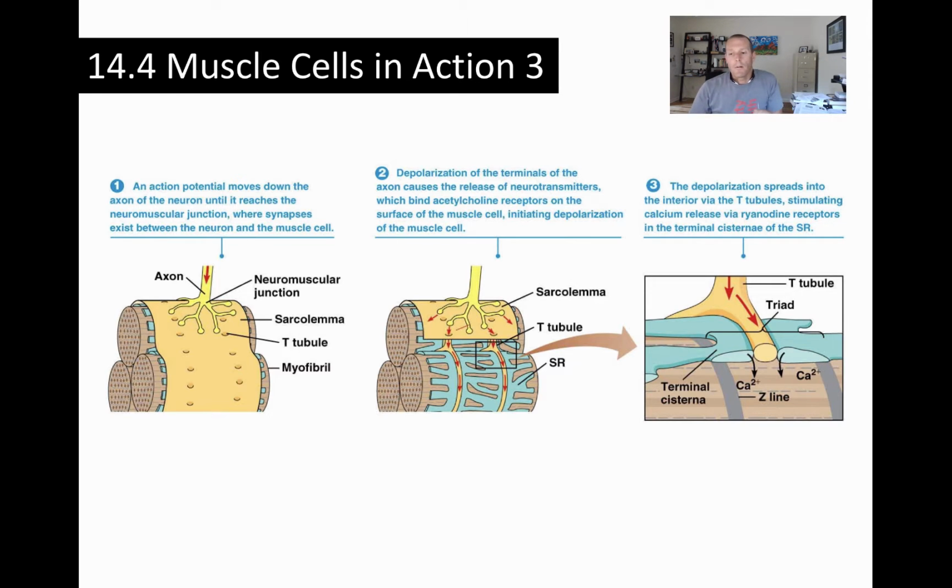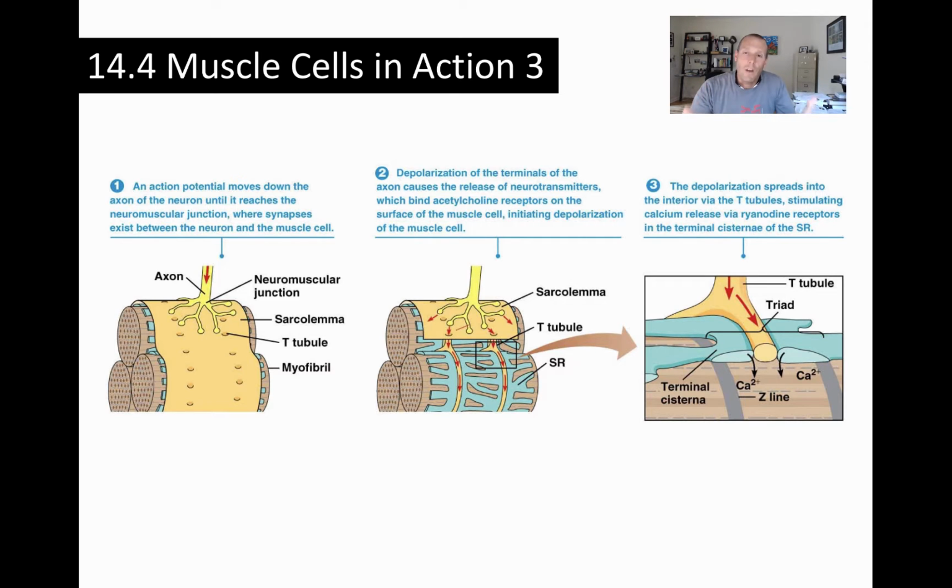So inside the cell, the T-tubule system contacts a structure called the sarcoplasmic reticulum, and that's similar to the endoplasmic reticulum, except it stores very, very high levels of calcium. And so when this nerve impulse arrives and makes contact with the terminal cisternae of the sarcoplasmic reticulum, that nerve impulse, which has come down the T-tubule, causes a release of calcium by opening voltage-gated calcium channels and using ryanodine receptors and things like that, causes the calcium to exit out of the sarcoplasmic reticulum and go into the